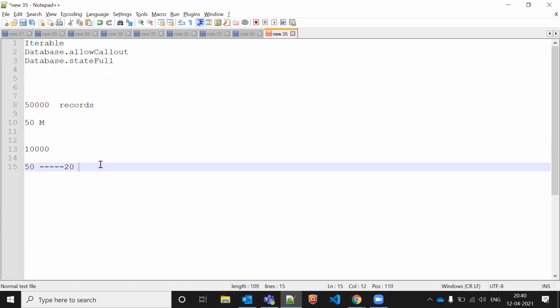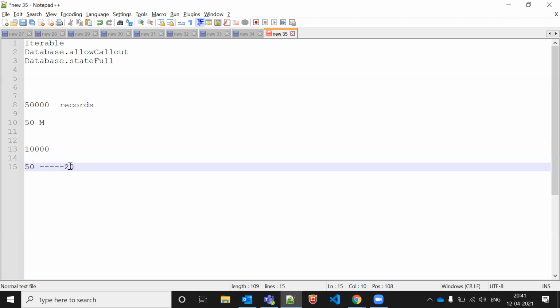Let's say 20 batches are failing because of some records, say 1 record, 2 records, 3 records. Because of 1 record, the full batch is not processing; the full batch is failing. If my 20 batches are failing, I want to calculate the total number of failure records.